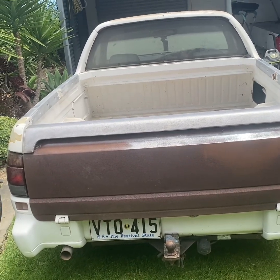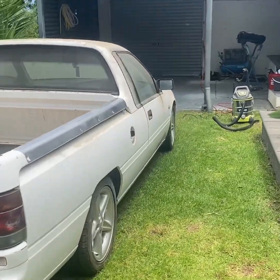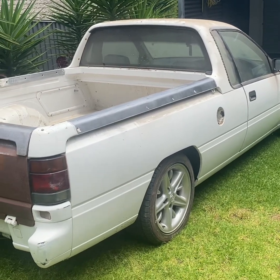But anyway, on today we're just going to get all the dust off it, give it a quick clean. It's always a bit nicer to work on a cleaner car, so we'll get into that. Starting off with,